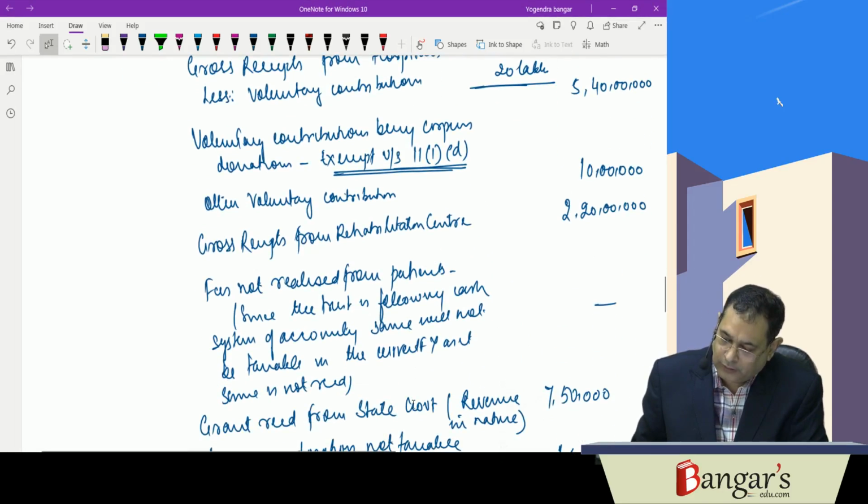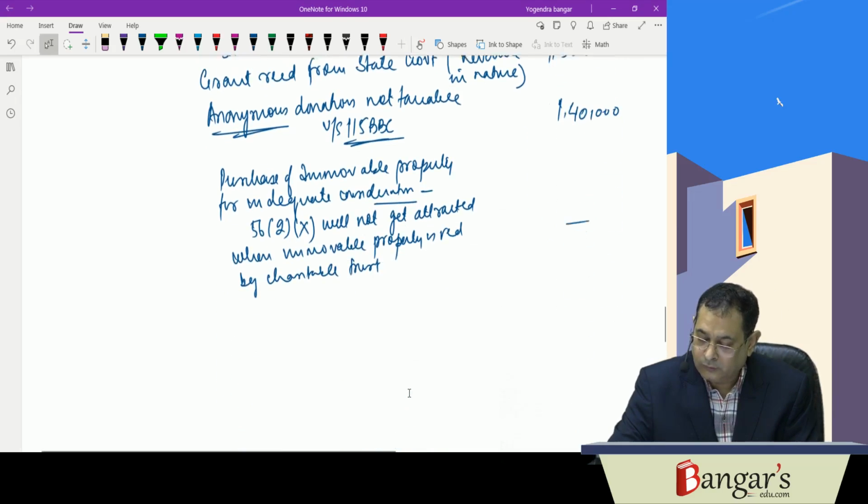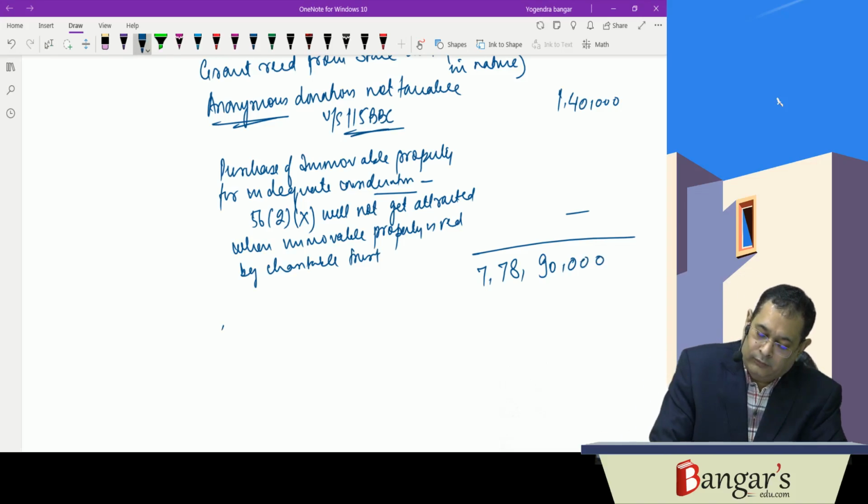It is 5 crore 40 lakhs plus 10 lakhs, 550 plus 220, 770 plus 7,50,000 plus 1,40,000. Okay. So it is 7 crore 78 lakh 90,000 less